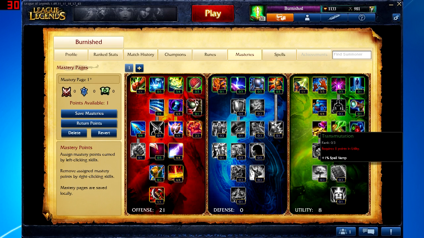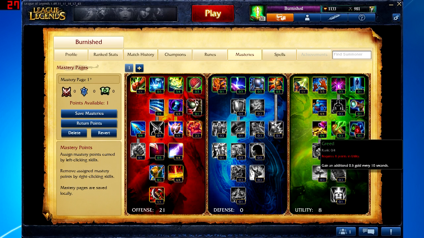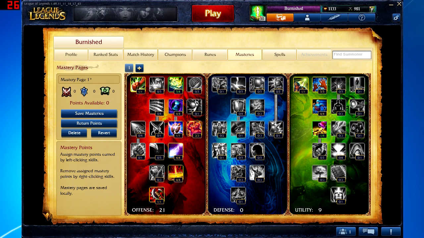Or you could put it into Transmutation if you're, for example, Morgana, who uses quite a lot of Spell Vamp, or just a general champion who uses quite a lot of Spell Vamp, so you can give yourself plus 1 Spell Vamp, just that little bit extra. And then if you count for none of those, for example, a LeBlanc, who probably won't get blue buff or won't use Spell Vamp, I'll just put the 1 point into Greed, which gives you an additional 0.5 gold every 10 seconds. So this is my build for an AP caster who wants to maximize their damage